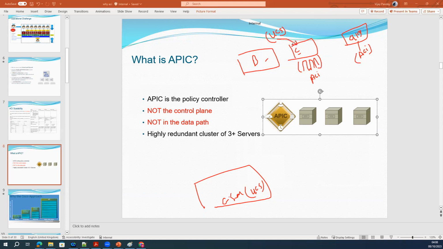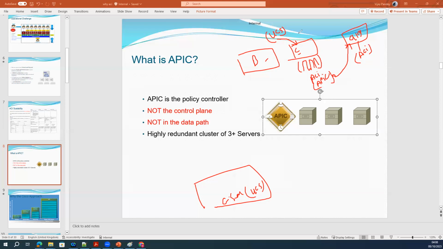I'm not going to create separate hardware. On the existing hardware, I'm going to reserve a few model numbers for the ACI solution. And on top of that hardware, I'm going to install the APIC image, which is an SDN controller image. And that SDN controller will be used to control these 9K devices.